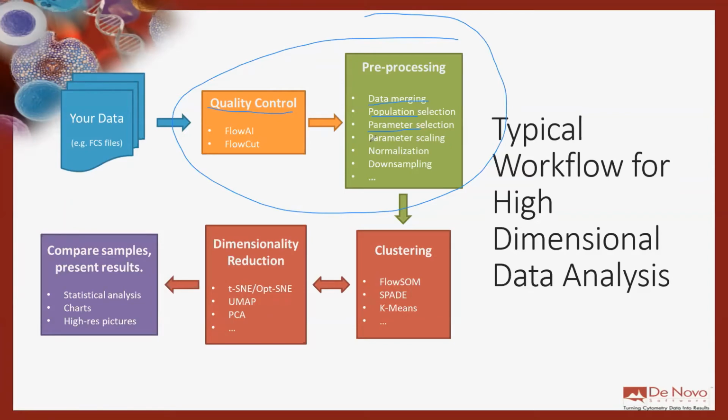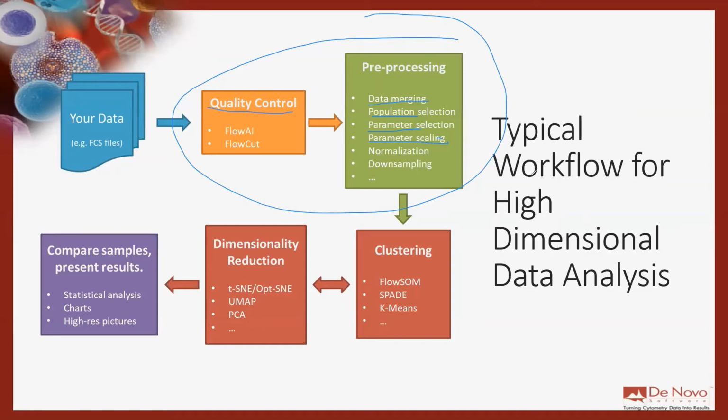Then, super important, parameter scaling. You may know that in flow cytometry, for example, you usually use a biexponential scale, hyperlog scale. In mass cytometry, you use arcsine scale. In the old days, in the 90s, we used log scale for flow cytometry. Well, usually you don't use linear scale. There are a few exceptions, few parameters and few assays that require linear scale, but usually you apply a different